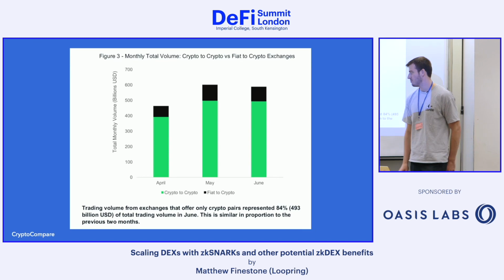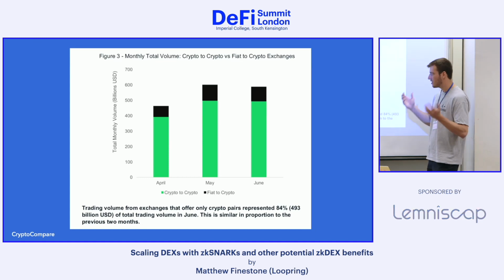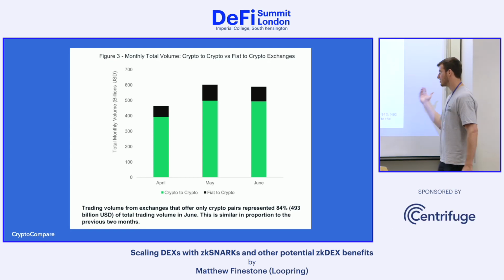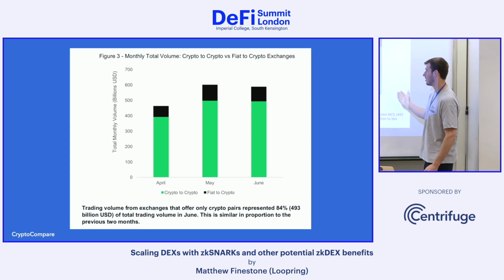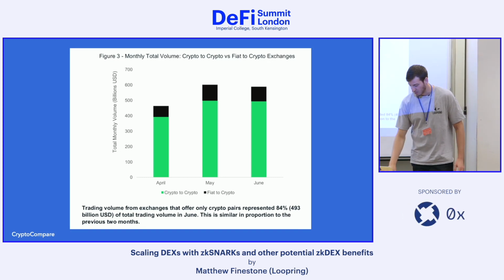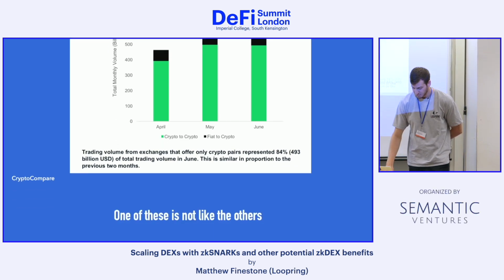And the final thing we'll look at is crypto to crypto volumes versus fiat to crypto. We hear a lot about how the on and off ramps to fiat are becoming super important, which they absolutely are. We still see that most of the volume, 85%, happens on crypto to crypto exchanges. Of course, these are more susceptible to misleading numbers, in my opinion.